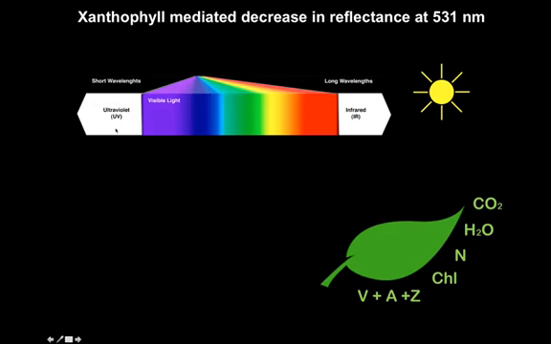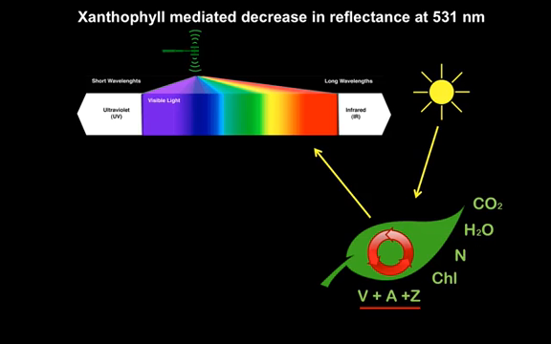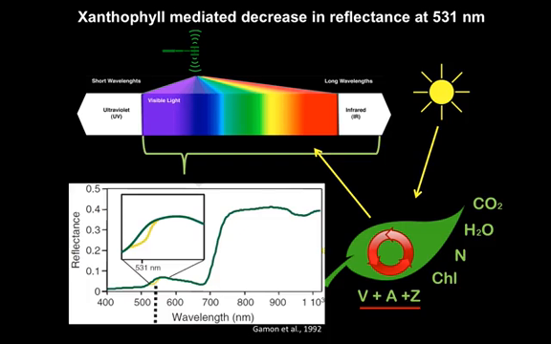So conveniently for us, there happens to be a signal in the electromagnetic spectrum as a response to this small plant pigment interconversion. As photons from the sun begin to reach the leaf surface, we begin to see changes in the concentrations of violaxanthin, antheraxanthin, and zeaxanthin, which result in changes in reflectance that we can measure in the electromagnetic spectrum. And the unique thing here is that we actually see a small decrease at 531 nanometers, represented